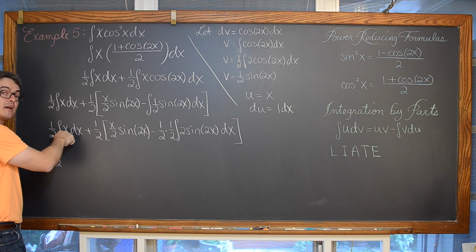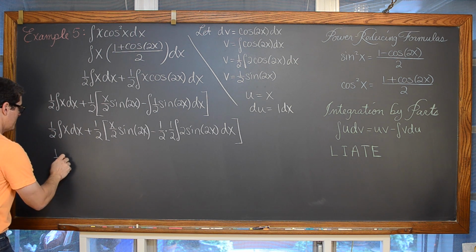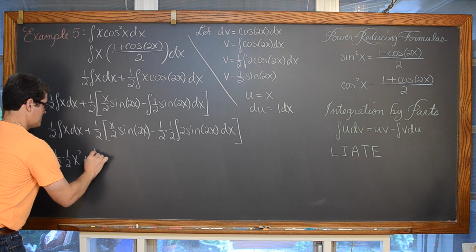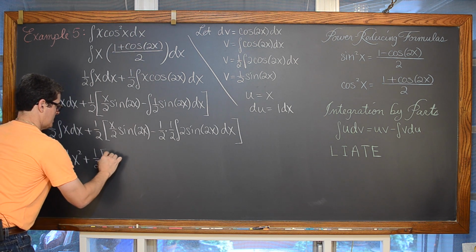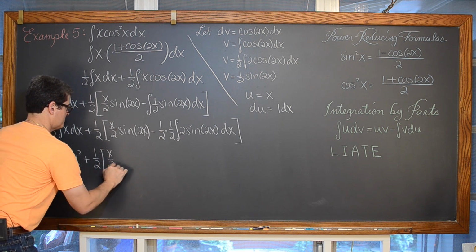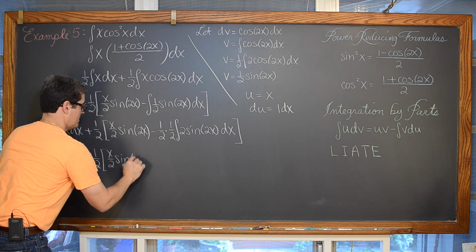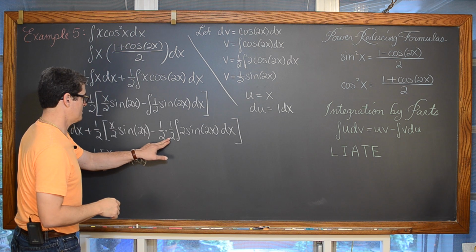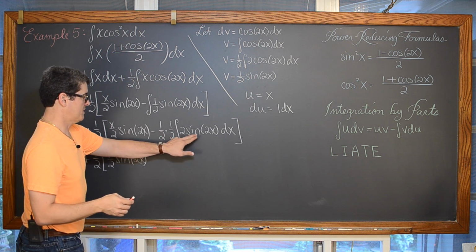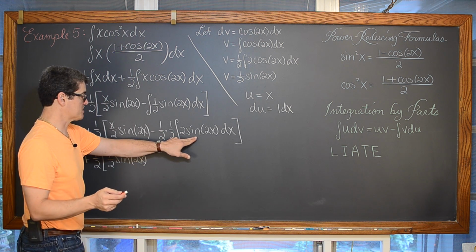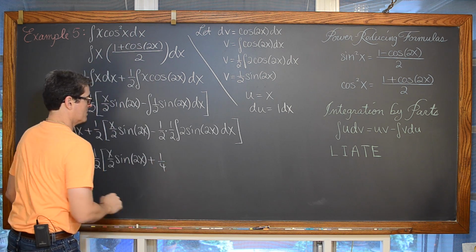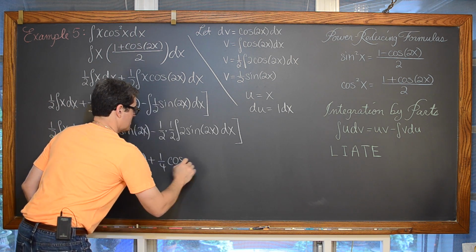The integral of x is 1/2 x squared, so we're going to have 1/2 times 1/2 x squared plus 1/2 times x over 2 sine of 2x. This is going to be 1/4, but the integral of sine is negative cosine, so we're going to have plus 1/4 cosine